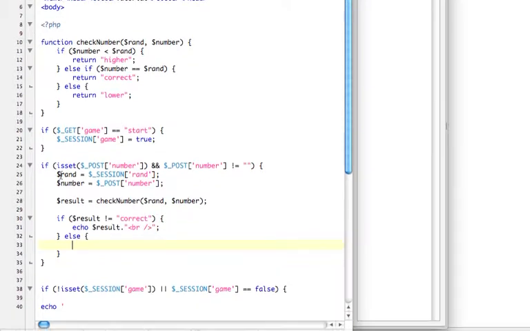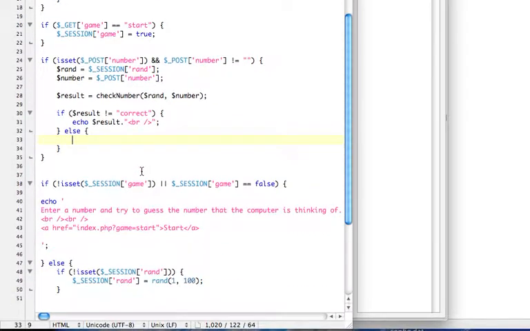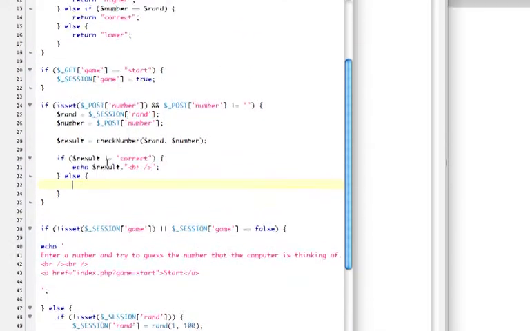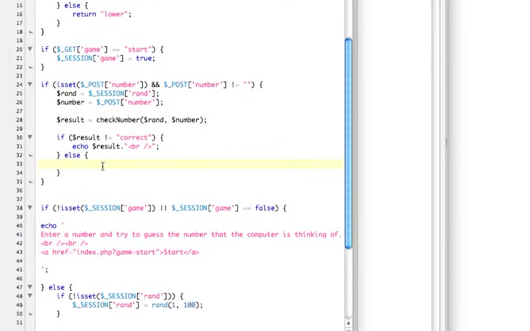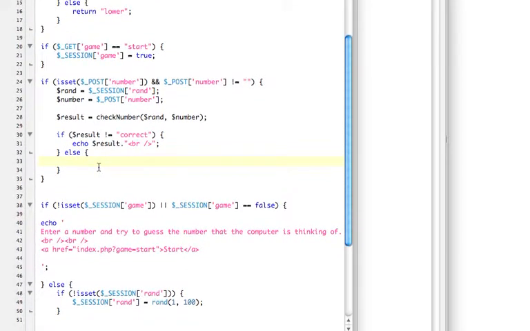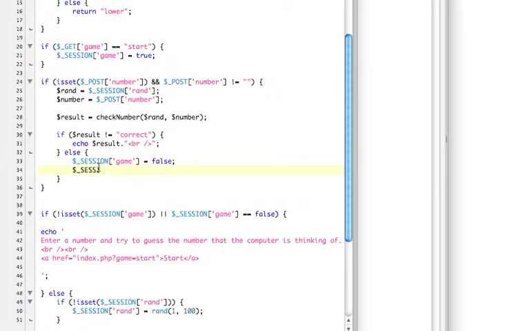I'm losing my train of thought. If they did get it correct, since it's not equal to correct, it's going to run this. If they did get it correct, we want to end the game and say you won. So the way we do that is we want to end the game. So session game equals false, and we want to get rid of, so if they play this again, we don't